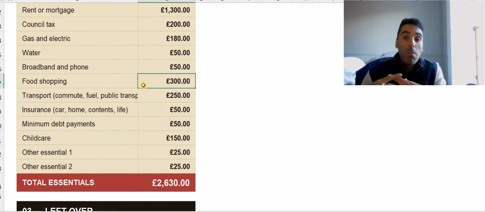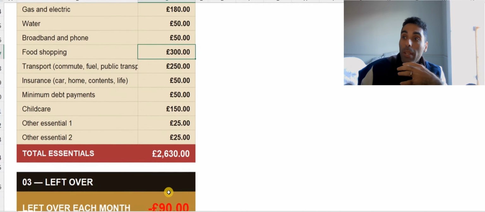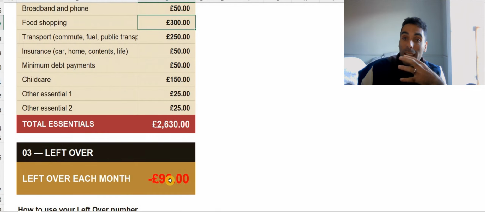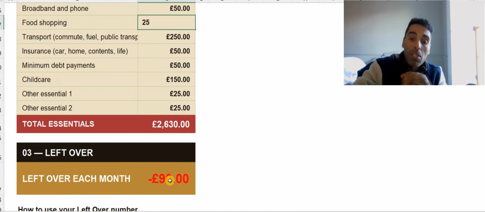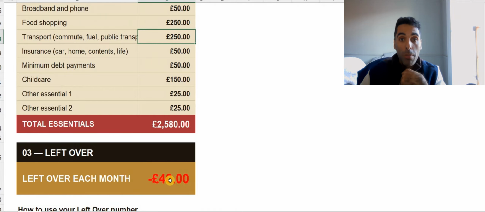Now the easiest one is probably food shopping, because you can make some sacrifices to maybe what brands you use or what you're eating. So we want to try and bring this number of £90 down to at least 0 so that we're not losing any money every month. So we're going to try and set ourselves a budget of £250 on food shopping, and we need to keep track of that over the month. And then maybe we decide that we're paying for Netflix and Amazon and we only need one of them. So we still need to try and save